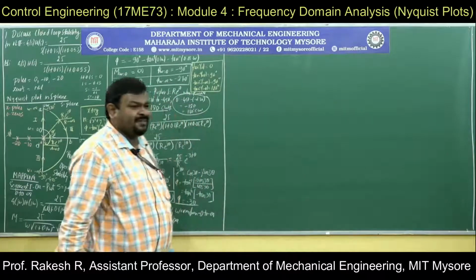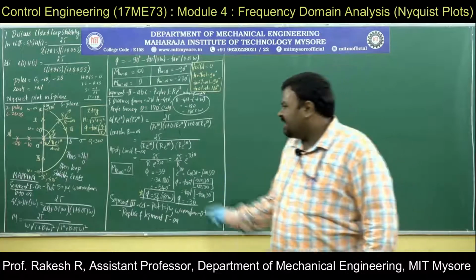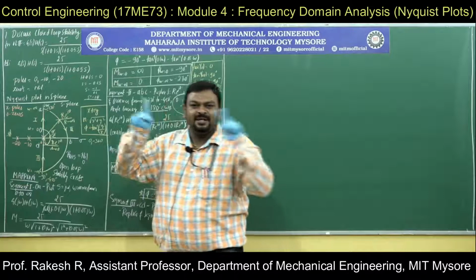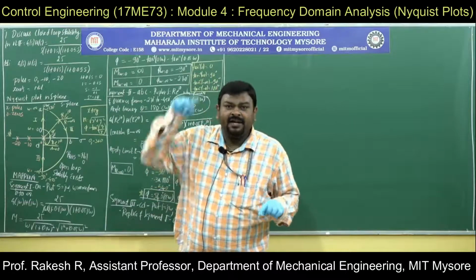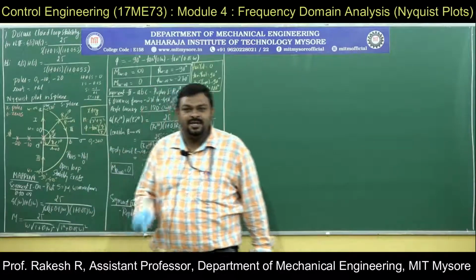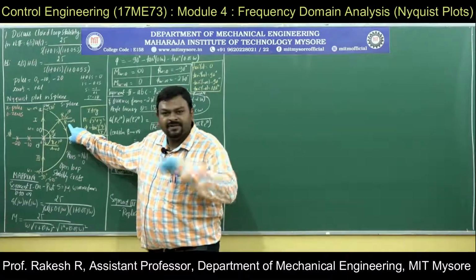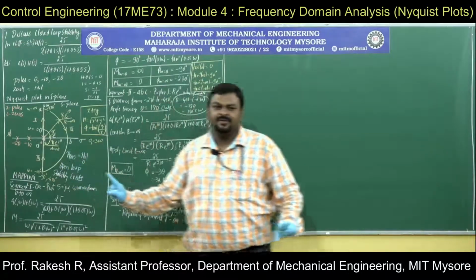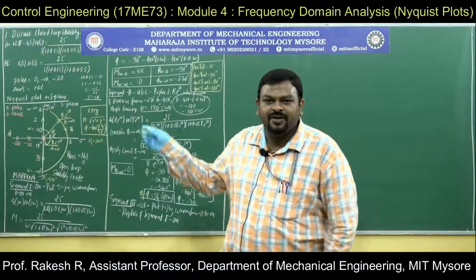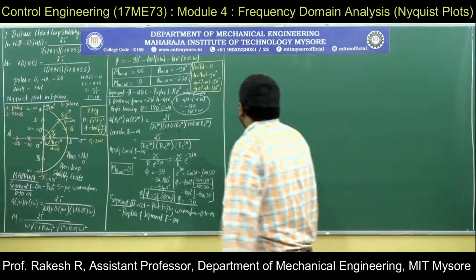Then fourth segment, sir, can I write replica of segment 2? No, because the limits will be changed here. Here the limit is r e to the power of j theta, r tends to infinity, capital R a larger value. Here small r e to the power of j theta, r tends to 0, small r a small value. You remember, capital R infinity, small r 0. The limits are changed here. Since the limits are changed, you cannot do a replica here because the angle coverage will be different. Let us solve segment 4.